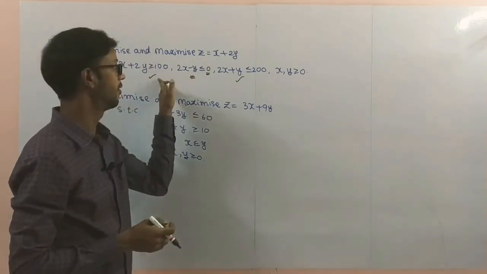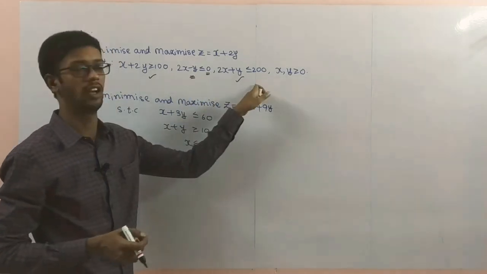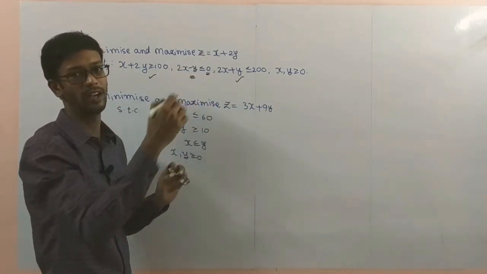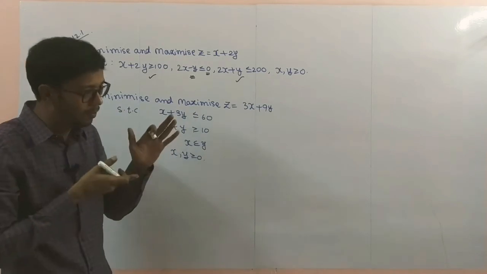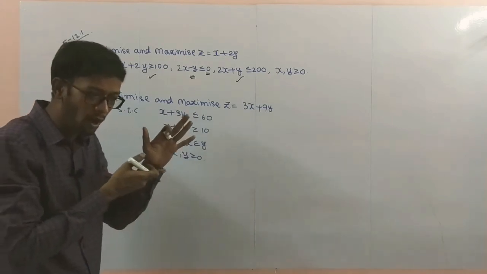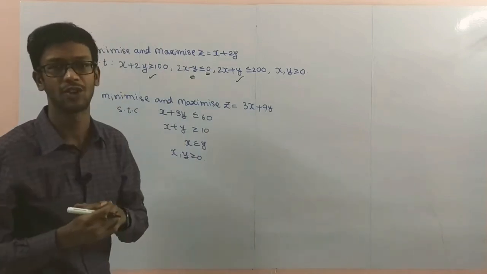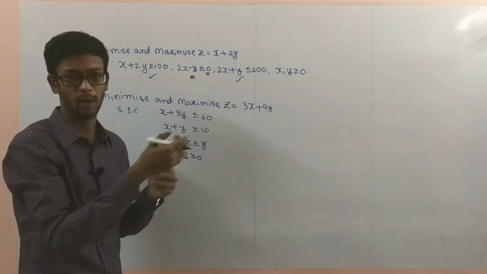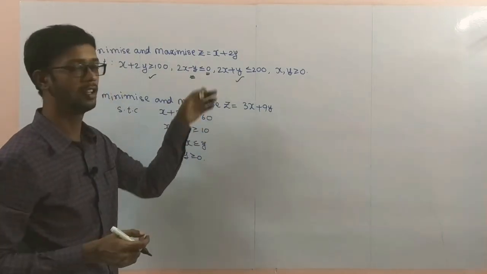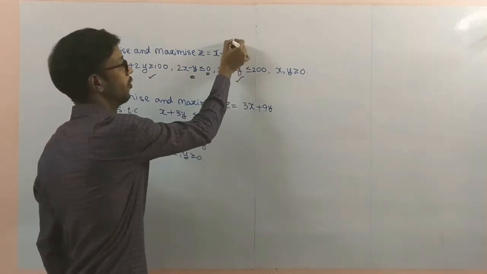Otherwise, solve the 1 and 2 equations, and the 2 and 3 equations, and plot the intersection points on the lines. The line passes through the origin and through those points. You find the 2 points and draw the straight line. I already discussed this method in the previous problem, so you can solve this problem the same way. Take this one as homework.